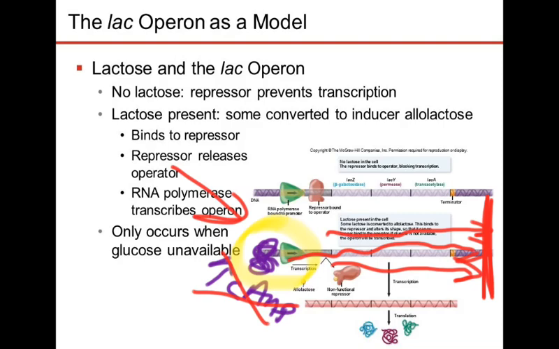Remember, all of these control mechanisms have to be able to be turned on, and have to be able to be turned off. So what would shut off this gene? What would make it stop? One is glucose coming into the environment. That's a possibility. What's the other possibility? Absence of lactose. So if there's no lactose, there's not going to be any of that allolactose, and then pretty quickly you're going to go back to this top state where the transcription turned off again. Okay, beautiful. I think you got it.